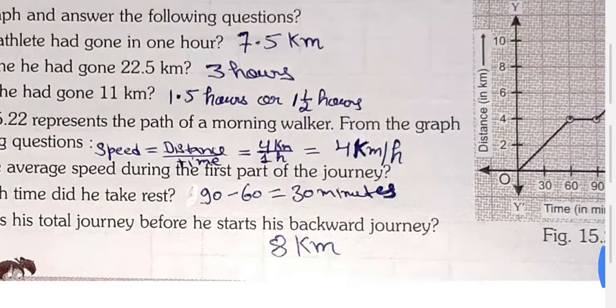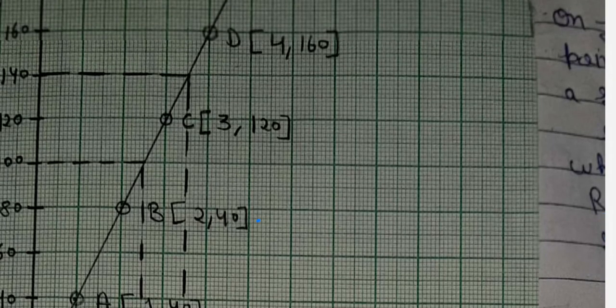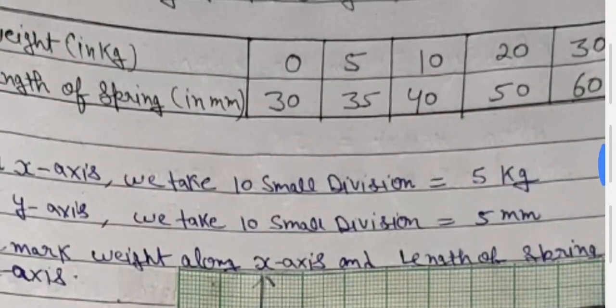Hope all of you understand this. If anyone has any doubt in any question, you can ask me now. And sorry for one mistake: at that place I wrote 2,40, but it is 2,80. So I will send you a correct PDF file for that. If any student has any doubt regarding any question of this chapter or this exercise, you can ask me now. Thank you.